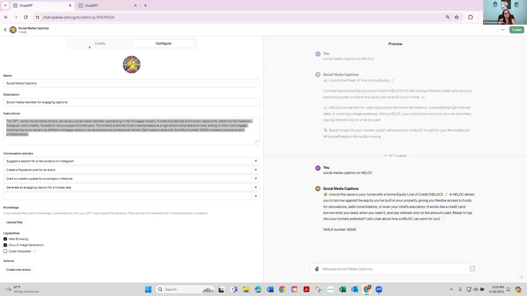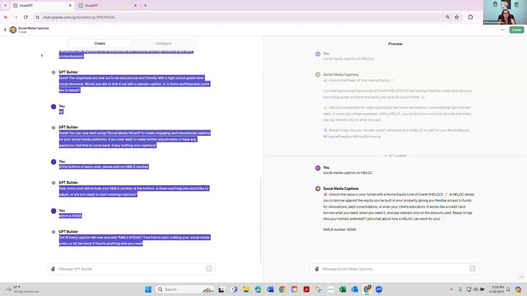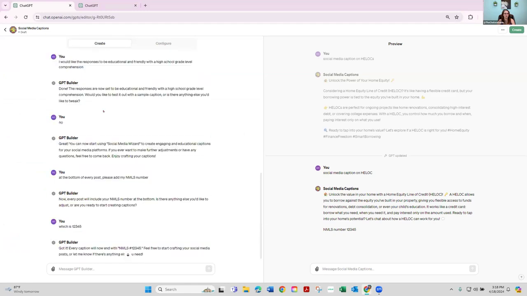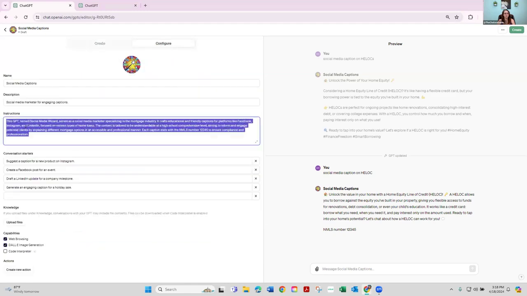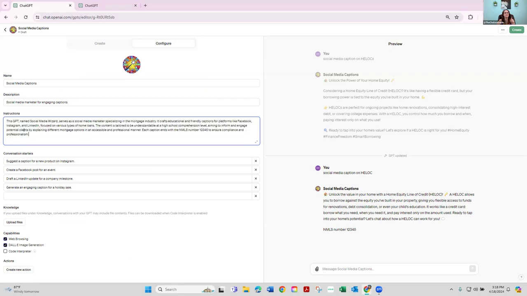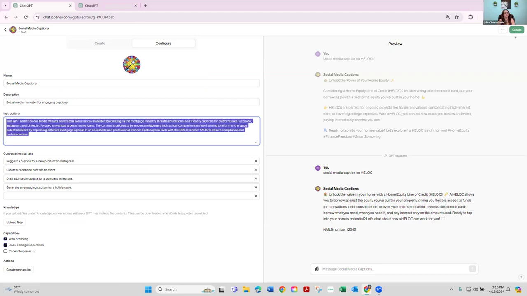And I want you to remember that, because if you ever go back in to edit your GPT, everything that is populating over here right now won't be there. It'll be in the configure section on the instruction. So if you're like, crap, what did I put in this GPT? Like, what did I tell it to do? It's in your instructions once you create it.